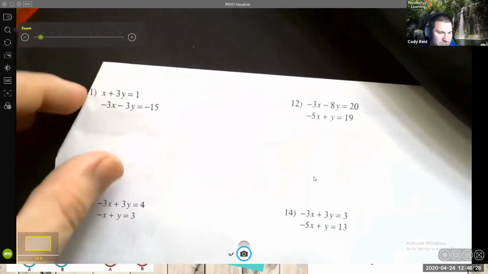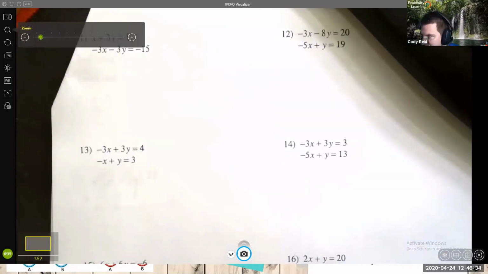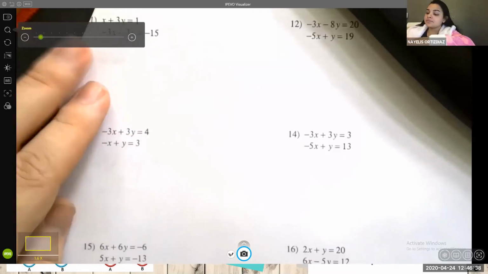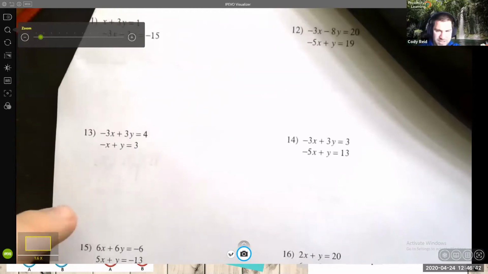Chantel sent me a message earlier asking about systems by substitution, and I like to call it elimination. They apparently call it addition. I love this. All right, so I'll show an example of both,